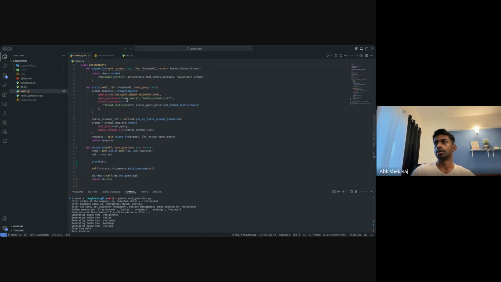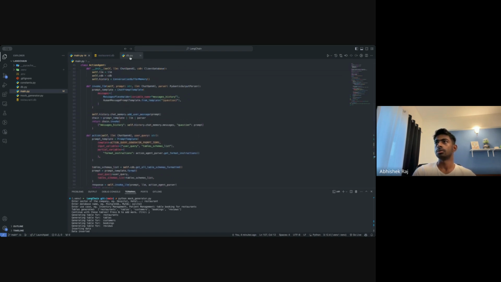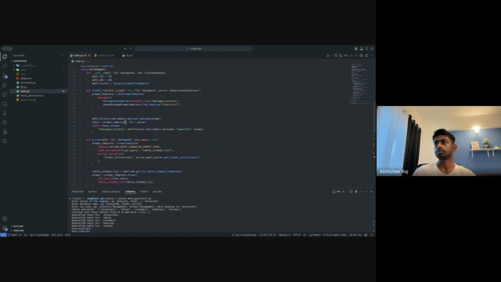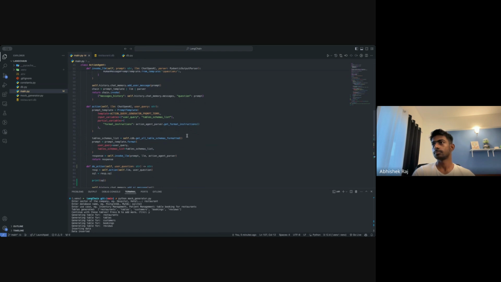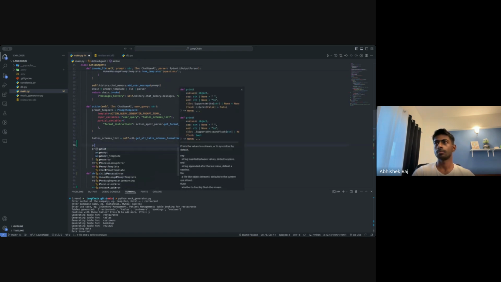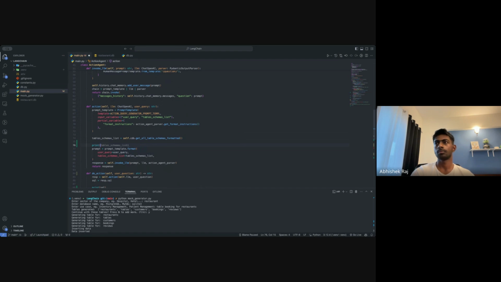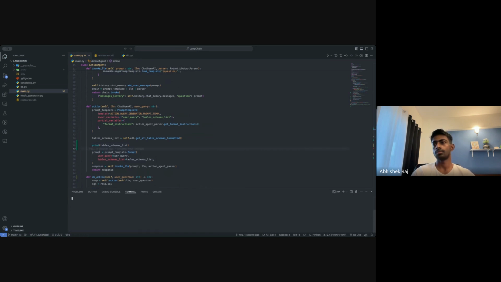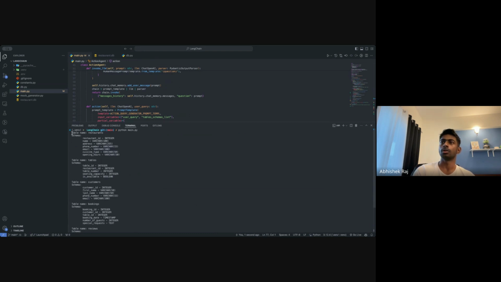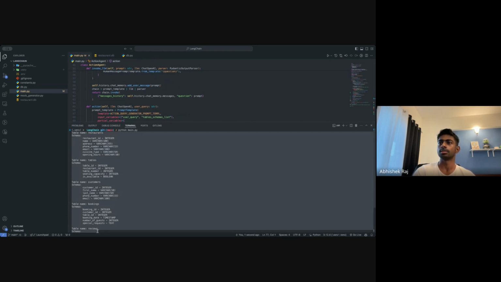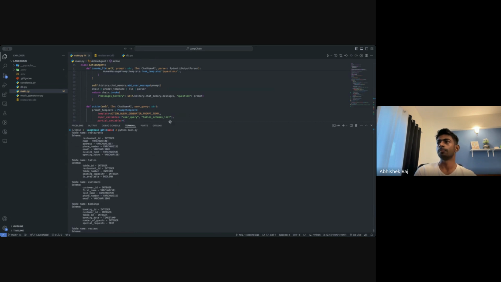I will also show how our output looks. You can see how we are storing all the strings like this and giving them to the LLM.